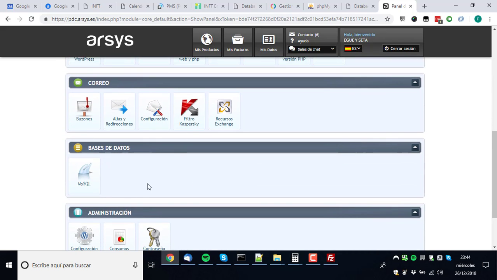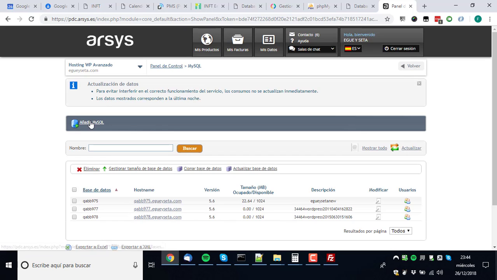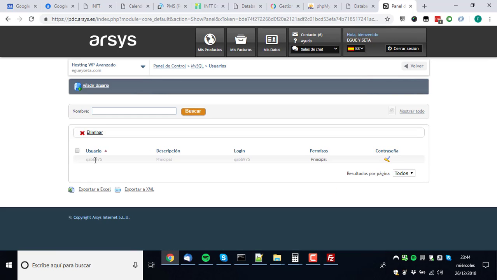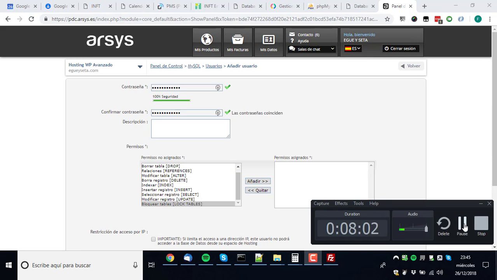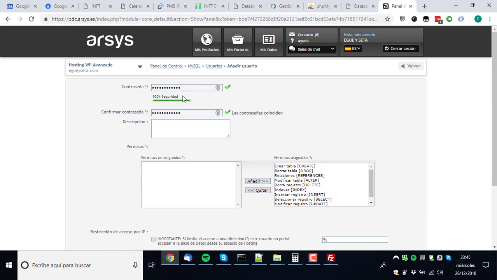So okay, then I went to here, I'm at SQL. I clicked on add an SQL database. You don't have many options to choose, so I created this one, and then I created a user. When you create a new user, you select what permissions you want to give, like you put all these permissions. One minute, let me just try. Okay, anyway, let me just keep explaining.